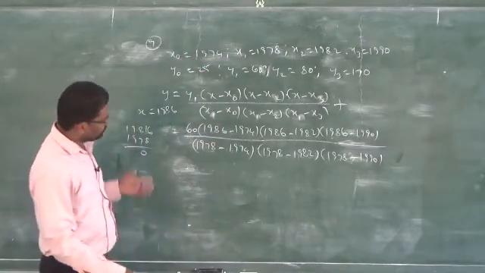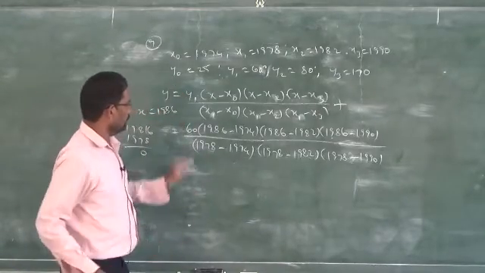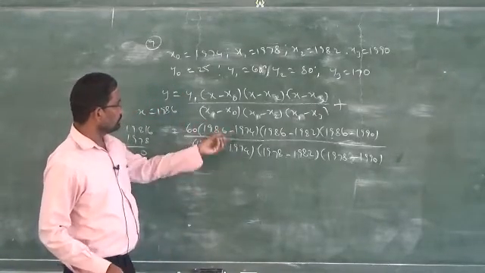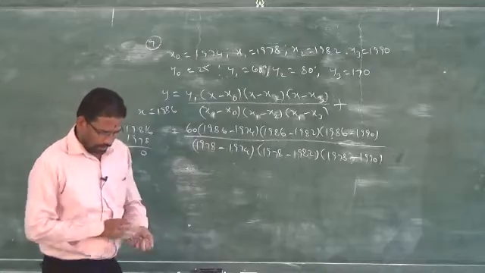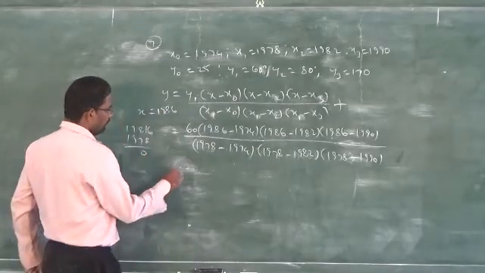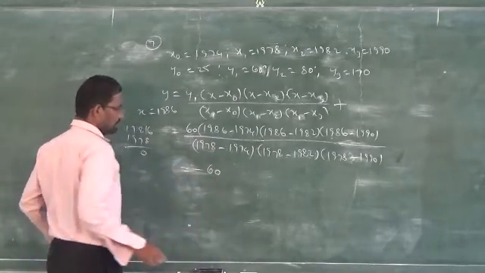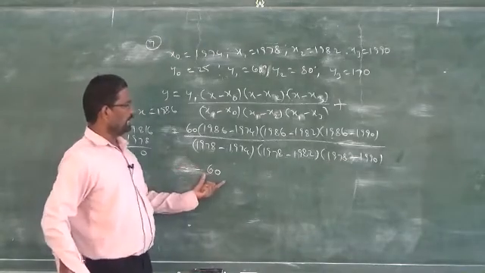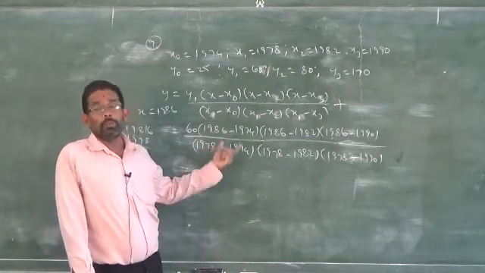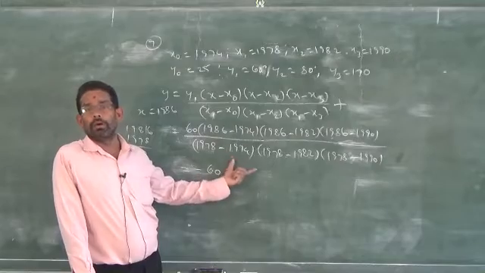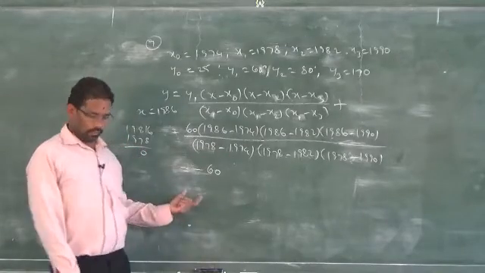So you please simplify. I am substituting; you have to simplify using the calculator. Negative signs are so important. When you simplify, you will get 60, because I worked it out and just wrote down the final answer. Please work it out with the help of the calculator and check whether it is minus 60 or not.